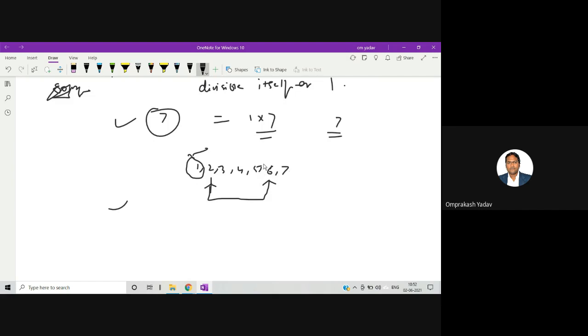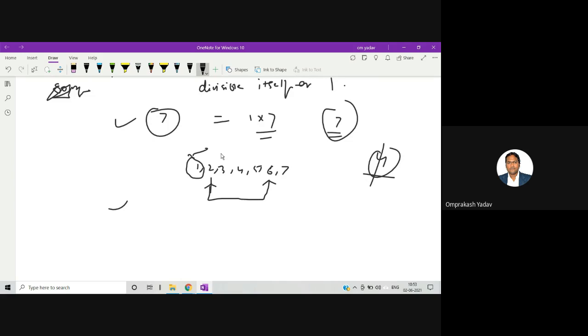If it is divisible by any of these numbers from 2 to n minus 1, then we can say that this number is not a prime number, right? For example, if we take 4 and divide it by 2, it is divisible, so this is not a prime number. If we are taking 7, we will start from 2.